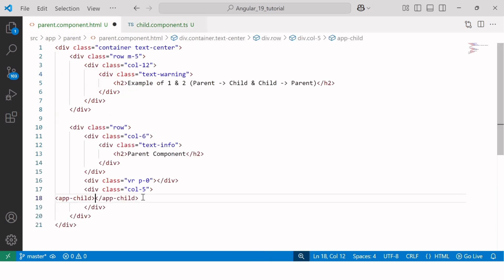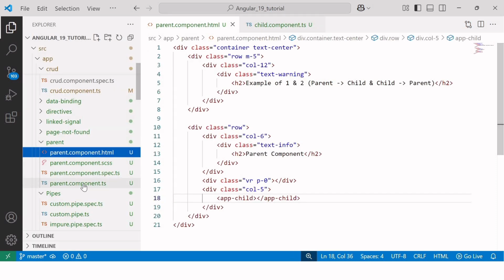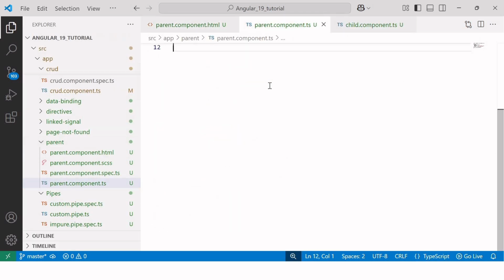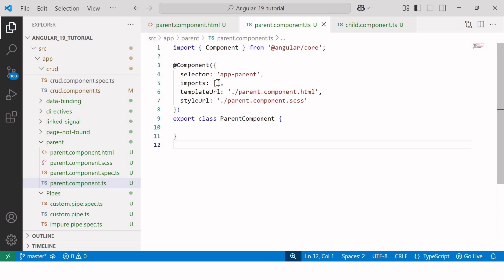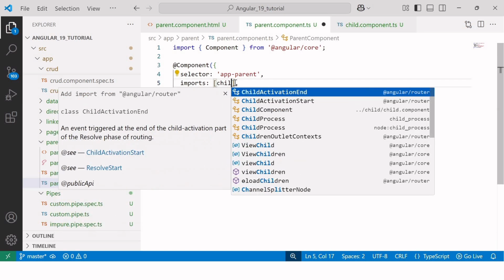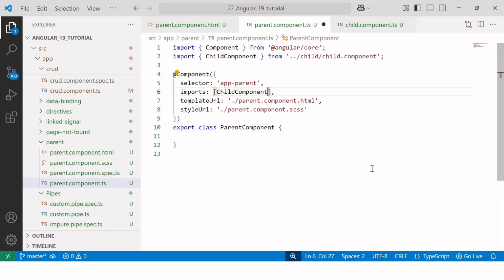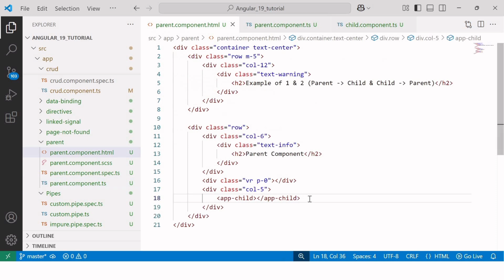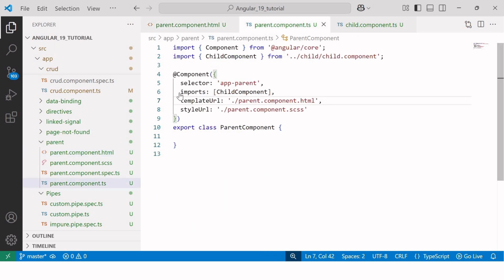Here you can see the selector of the child component. So I have already added the child component selector inside the parent component template file. And also I need to import the child component inside the parent component's imports array. Here I'll import ChildComponent. Okay, so these two steps we need to do to render any component inside another component. First we need to add the selector inside the template file and then we need to import the same component inside